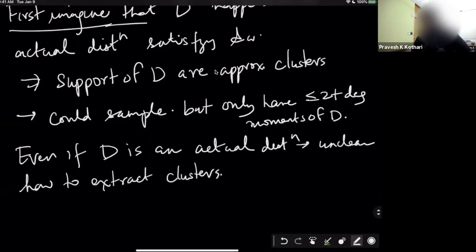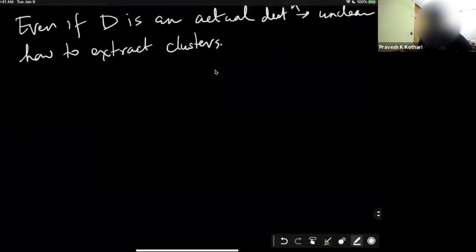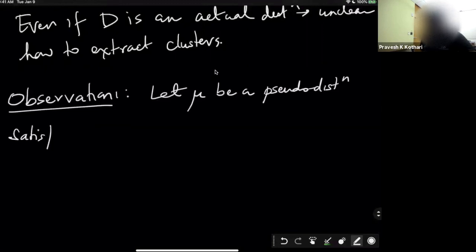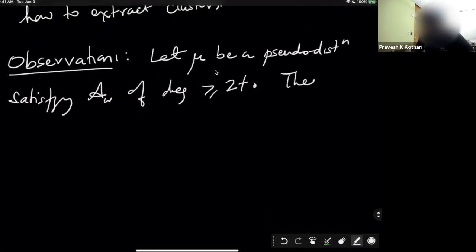Okay. And for that, we'll make one observation about it, and it will become clear how we can still do it. So here's the observation. Let mu be a pseudo distribution satisfying AW of degree bigger than 2t. Then